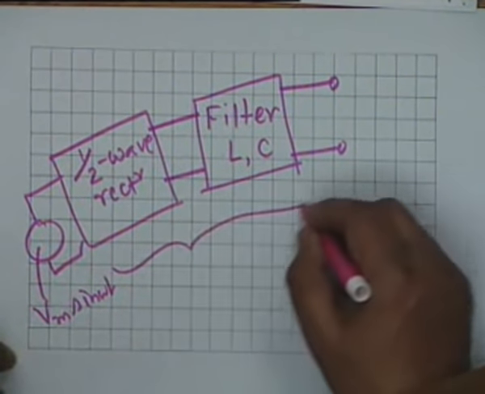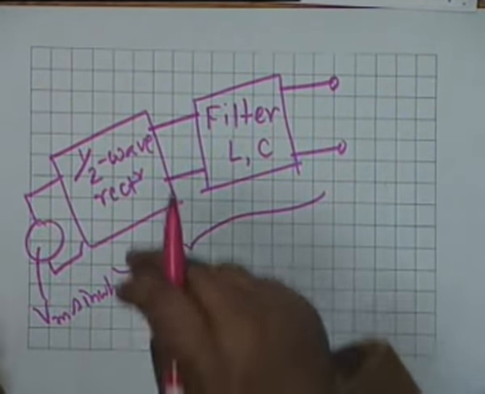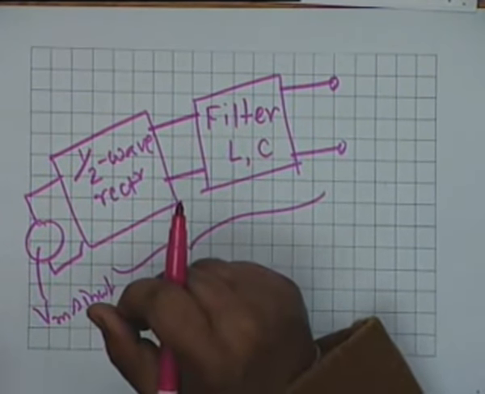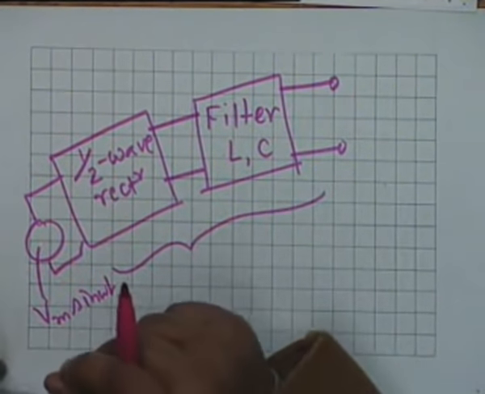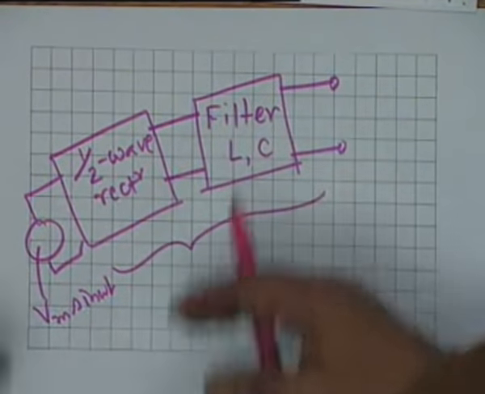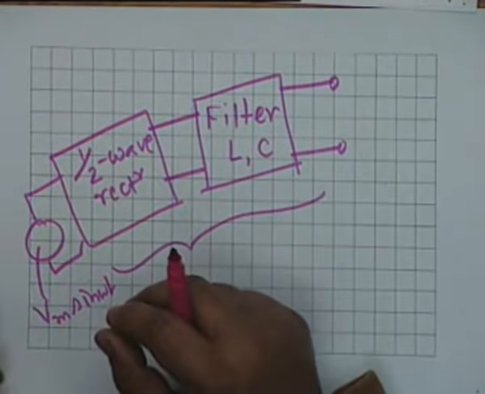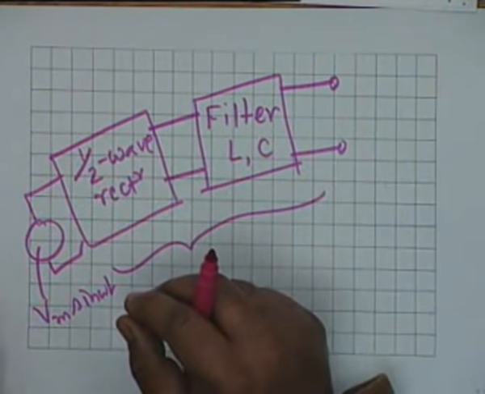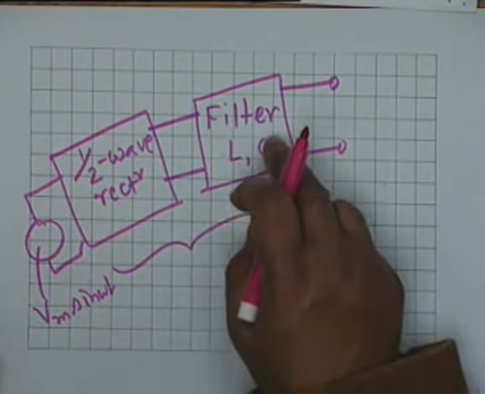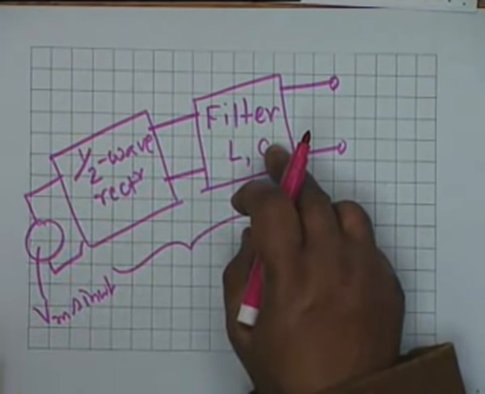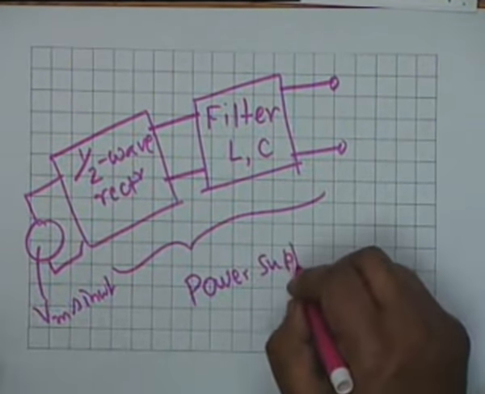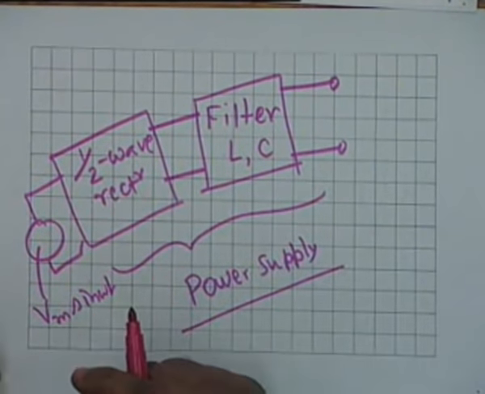And this combination of a rectifier, as you will see later, a rectifier could be half wave or full wave. We can use diodes, more than one diode in a connection, such that the other half, the negative half, is flipped to become positive, and the other half is also utilized, all right. So, any rectifier connected to a filter to filter out the AC or the ripple, the total combination is called a power supply.